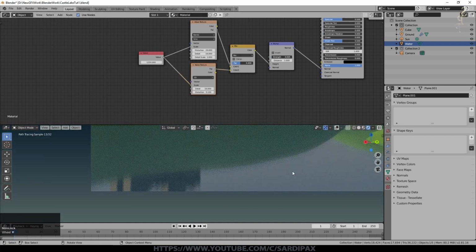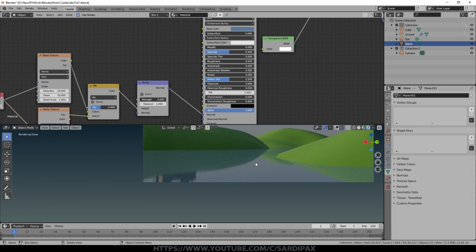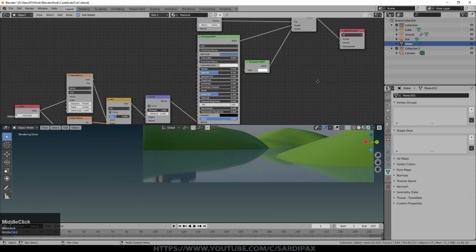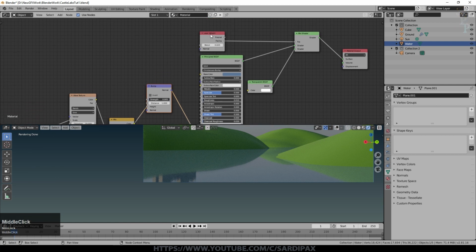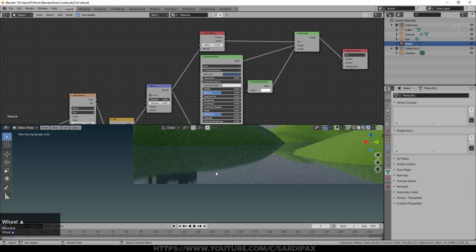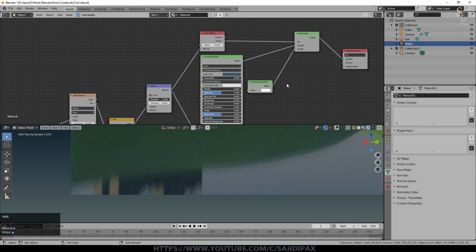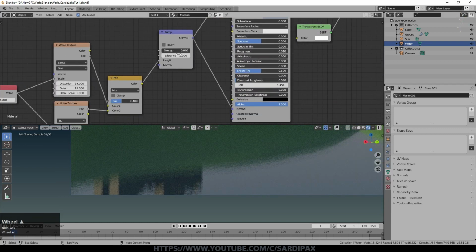So that's giving me some subtle ripples. We haven't got much detail in the scene yet to really show them. There's one last thing that we need to do, and we need to take this bump output and put it up here, because at the moment this layer weight is just treating this surface as if it's completely flat, which we are trying to simulate it not being. So let's take this out of here and drop it into there. Won't see a massive difference. I'm just going to darken the scene slightly, but it does give you a little bit more. And perhaps we'll turn the height of the bump down a little bit. So we'll go for 0.003 and the scale perhaps down to 1000.